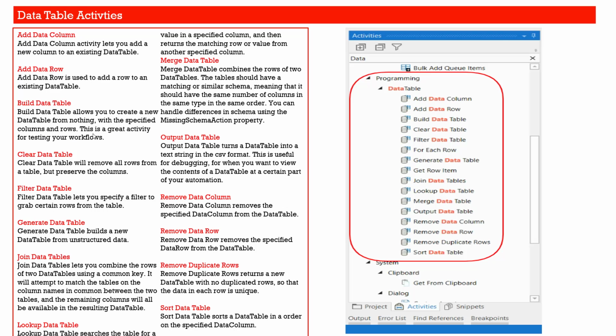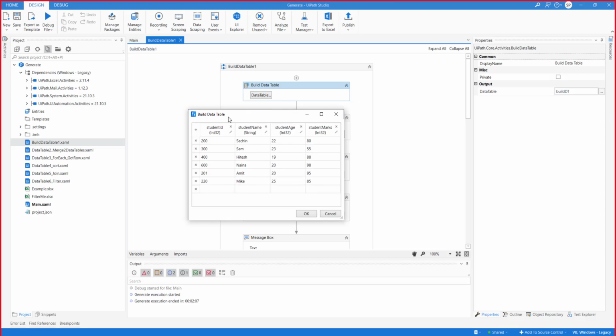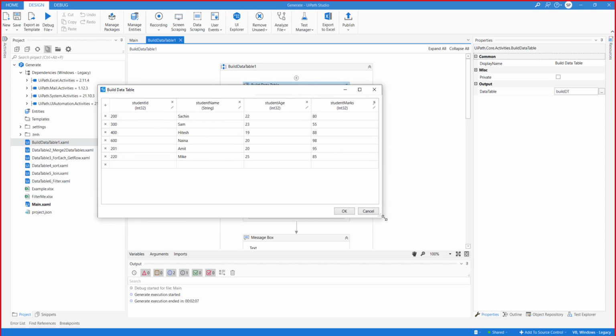And this is better than Generate Data Table. That's the difference. Usually people ask what the difference is between Generate Data Table and Build Data Table, right? So Build Data Table is this one. Again, you need to drop a Build Data Table activity, click on Data Table, and specify all of these things, right?